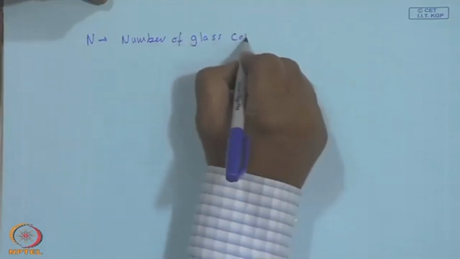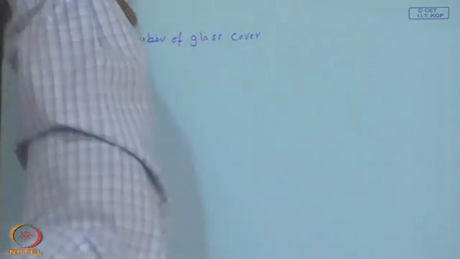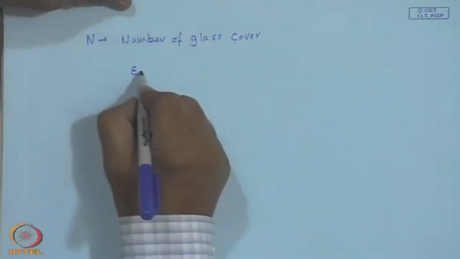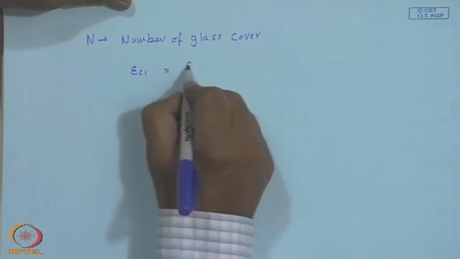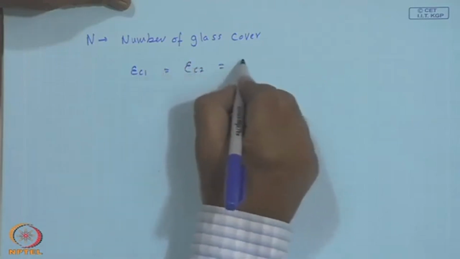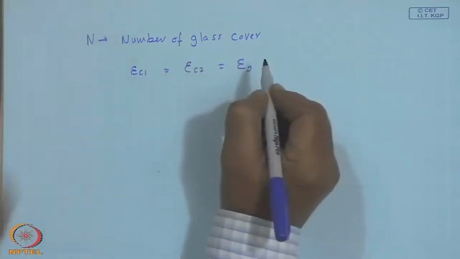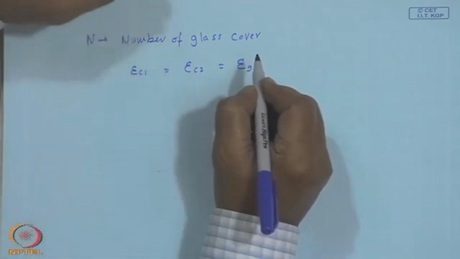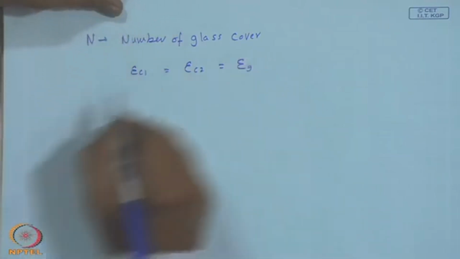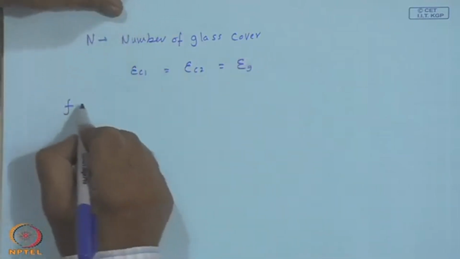So, you can calculate for 1 glass cover or 2 glass covers, but the assumption is epsilon C 1 equal to epsilon C 2 equal to epsilon g. The relation you will find is written in terms of epsilon g. Then f is another expression